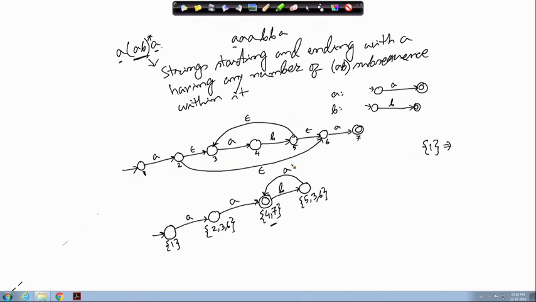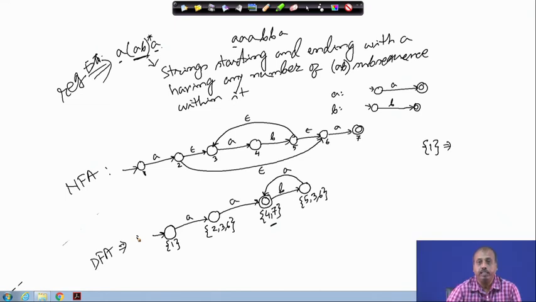So, this way we can construct the DFA. So, this is the corresponding DFA. This is the regular expression, this is the corresponding NFA, and you can have the corresponding DFA made here. So, this way we can take regular expressions for several strings, and then we can determine the corresponding NFA and DFA.